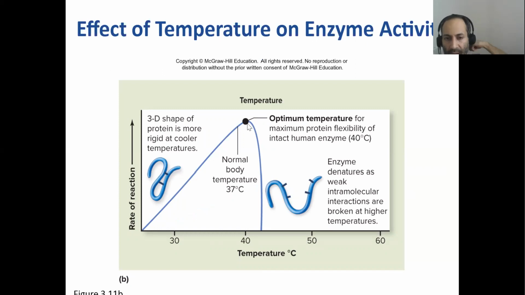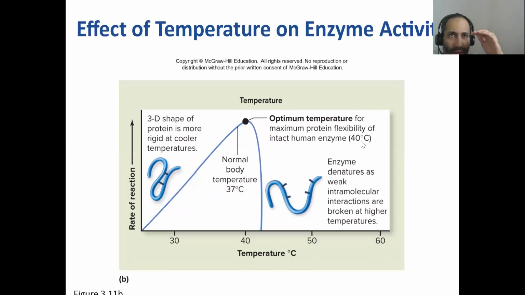Now, this is an enzyme that is working in the human body. As your temperature increases from 30 degrees Celsius onwards, the enzyme activity picks up and your metabolism goes by just fine. This is your optimum temperature. This is the maximal temperature at which all your enzymes are working at their maximal optimal capacity. And not surprisingly, this is what? It's around 40 degrees Celsius, all right?